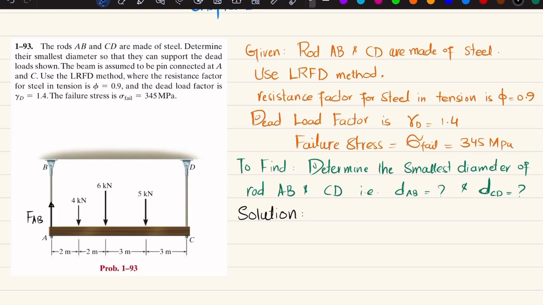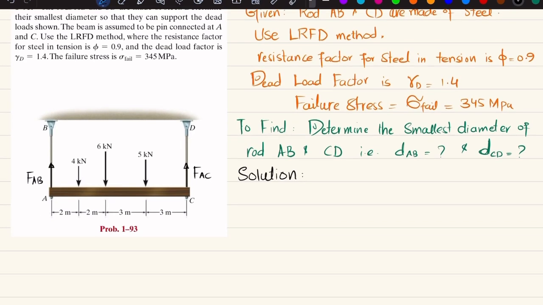So this is FAB, which is the force that is exerted by this rod on this beam, and this is FAC. So we'll find FAB and FAC by using equations of equilibrium. So the first equation of equilibrium is that the sum of all moments about point A is equal to 0, taking the counterclockwise moment as positive. So about point A, the first force which is producing moment is FAC, and the perpendicular distance